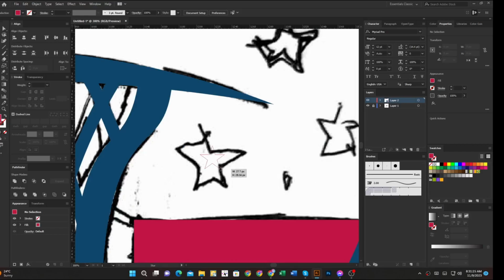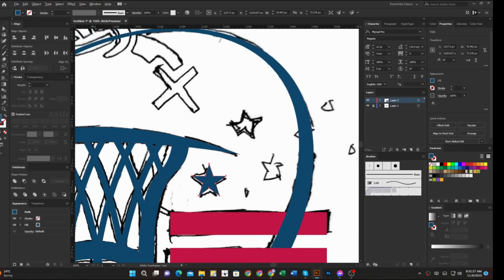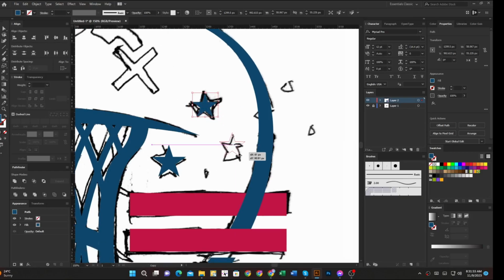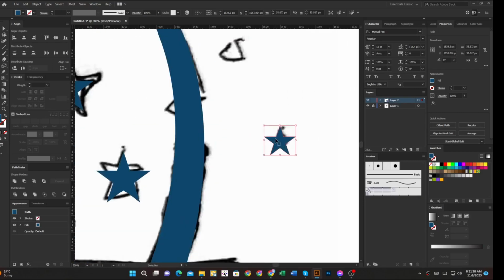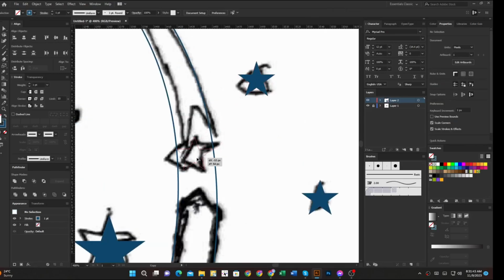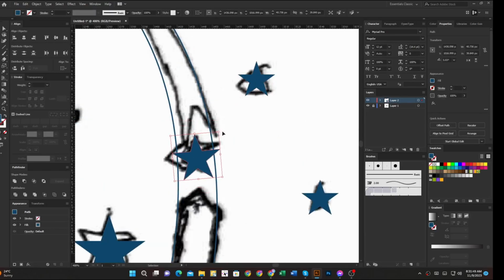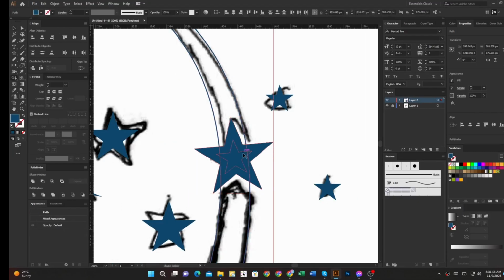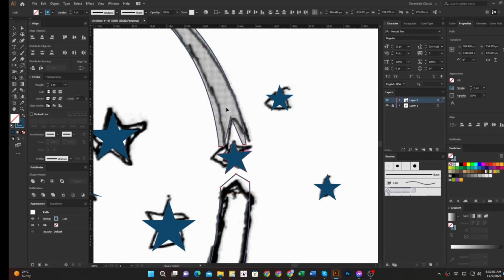Now take a star shape and copy. Then some remove.